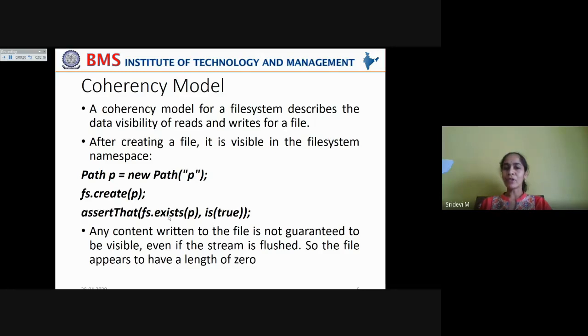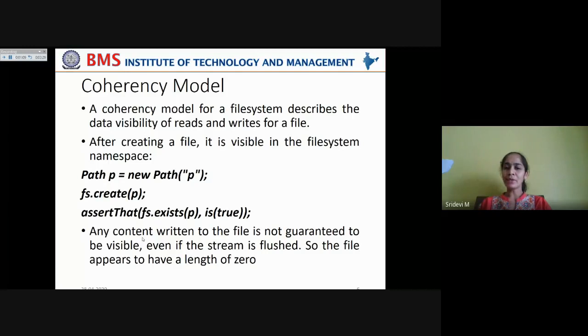So fs.exists(p), if it returns true, and the expected value is also true, both will be tallied. Then the assertThat function results in true, which indicates that the file is created. The file is already existing.